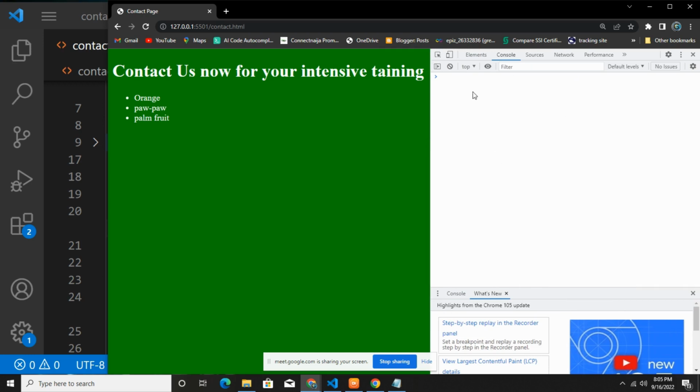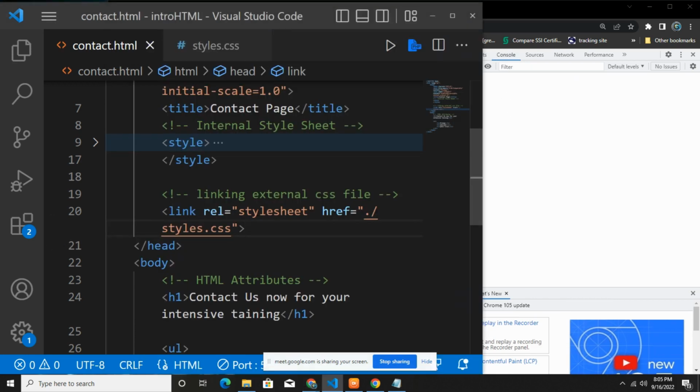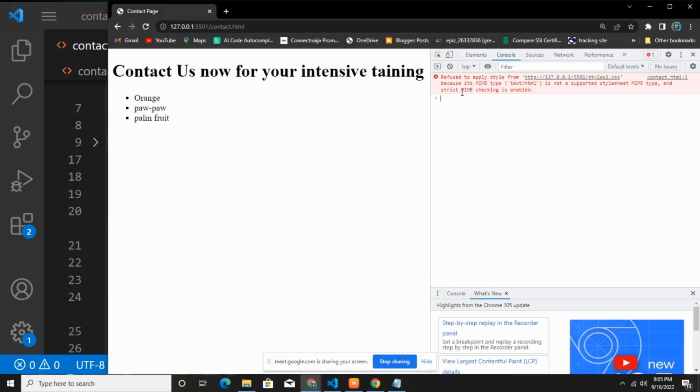Right now there is no error, but most times if you have an error in linking your file, it will show up over here. Let's create an error and see how that works. If I come over here in my CSS and change this into CSS2 and save it, you see automatically there's an error now saying